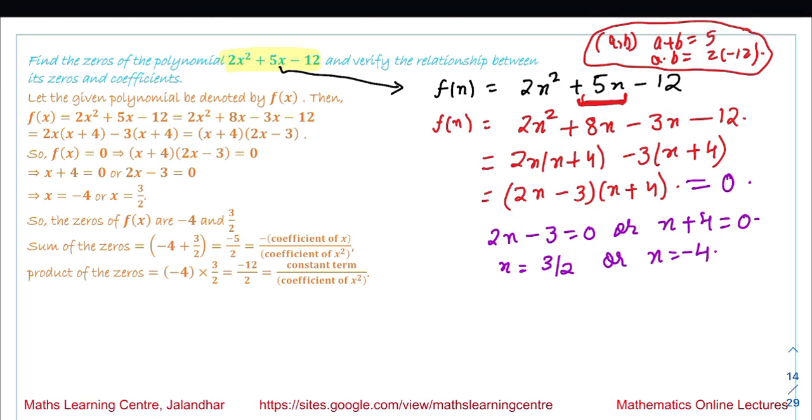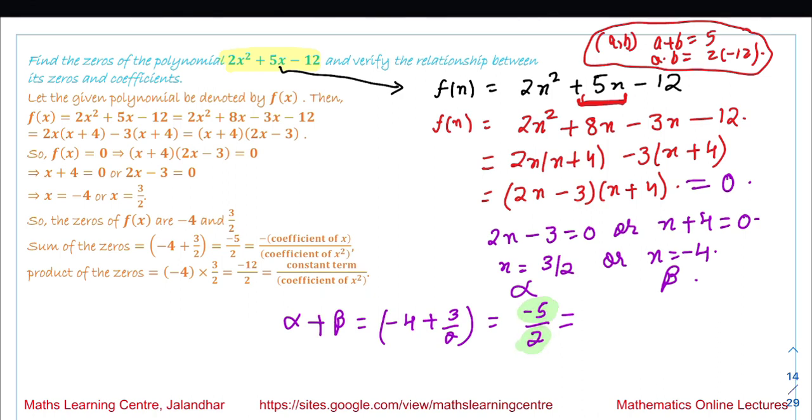Now if we use the previous formula that we talked about, for the sum of the zeros, suppose we are saying this is alpha and this is beta. So alpha plus beta is equal to minus 4 plus 3 by 2, that is equal to minus 5 by 2. So this is 5 over here and 2 over here. So we are saying this is the value minus coefficient of x over coefficient of